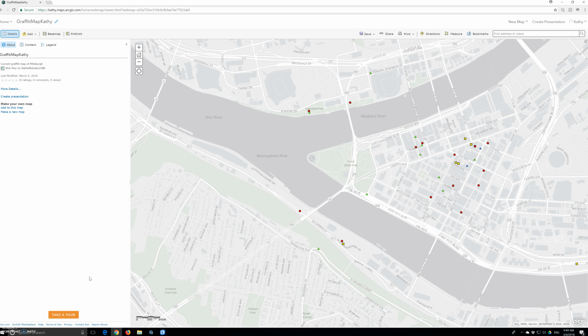So now, first we're going to install operations dashboard for ArcGIS. If we haven't installed operations dashboard for ArcGIS Online on the computer, we will need to install the software now. I don't think so. So now we're going to do that. First, in the web browser, we will search for